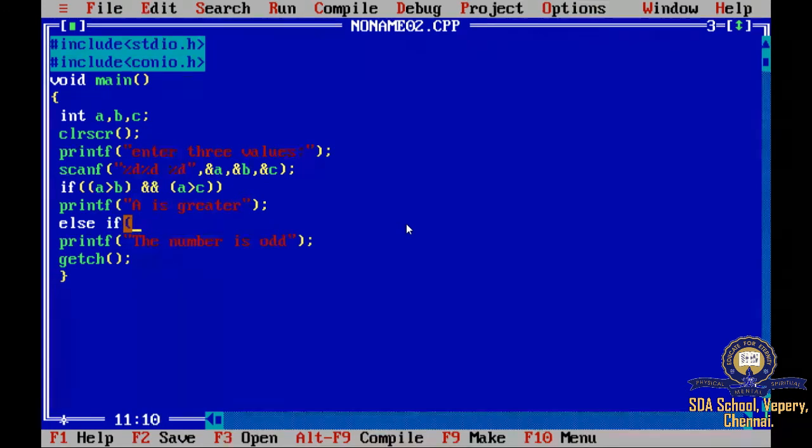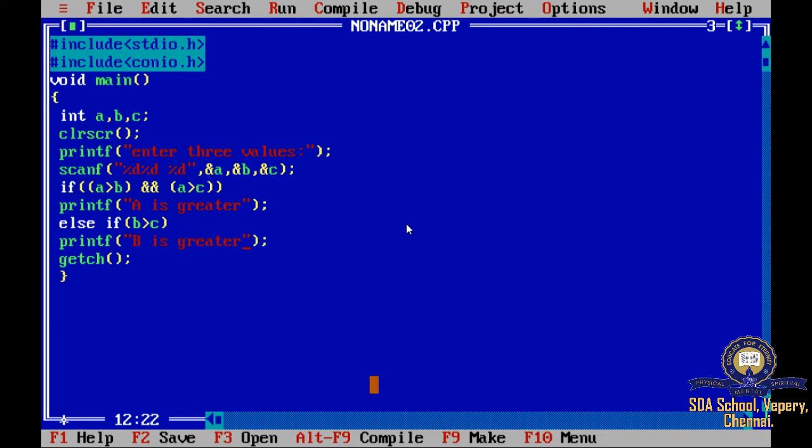Again you have to check a condition. What condition do you have to check? Yes. Now if A is not greater than B, then B will be greater than A, and you have to check whether B is greater than C. Okay, if B is greater than C, what do you have to do? You have to print B is greater.